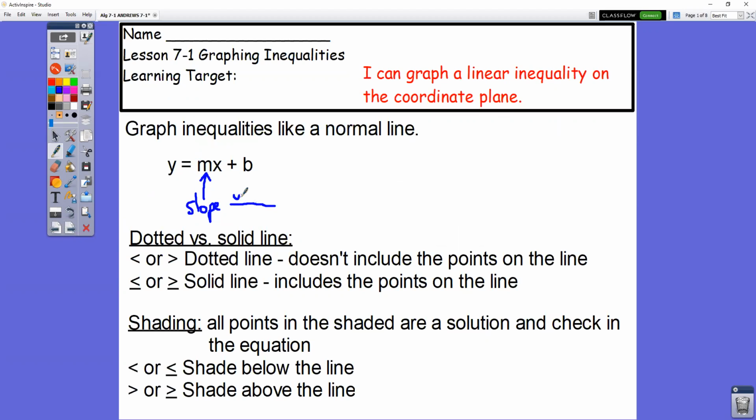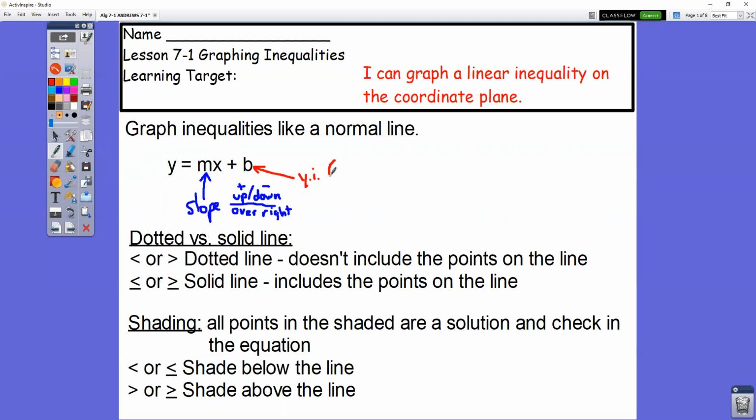The top number is how many you go up or down. Up if it is positive, down if it is negative. And then the bottom number is how many you go over to the right. Remember, you always go over to the right. Your plus b, your plus or minus whatever, is your